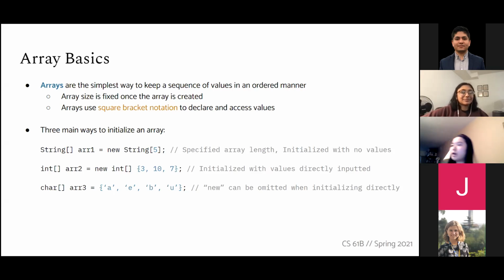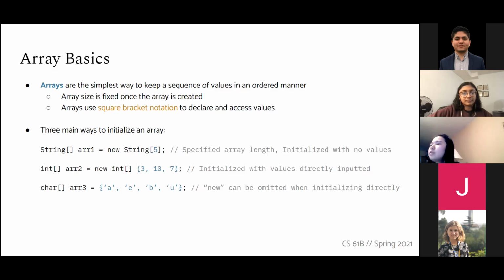So first we're talking about arrays, and arrays are the simplest way to keep a sequence of values in an ordered manner. Arrays are a Java generic type that allows you to pick a type and have a sequence of those type values stored inside the structure. One thing to note about arrays is that their size is fixed. So you decide on the size when you declare it, and you cannot change it afterwards. The way you access array values is by using square bracket notation. So use a square bracket and put in the index number, and that is how you access and modify array